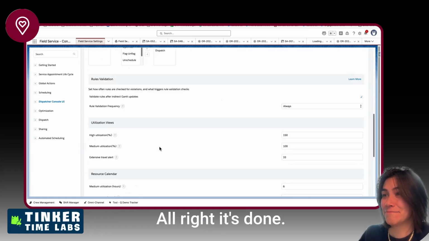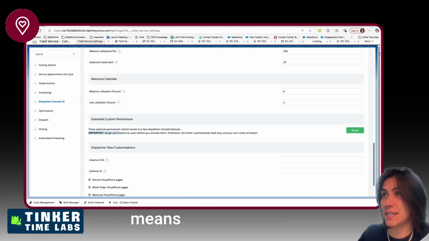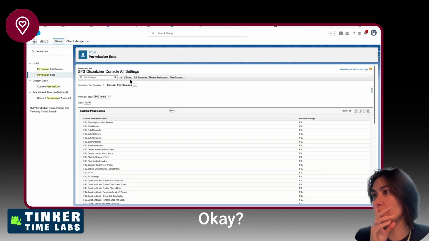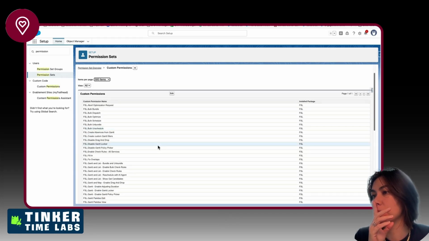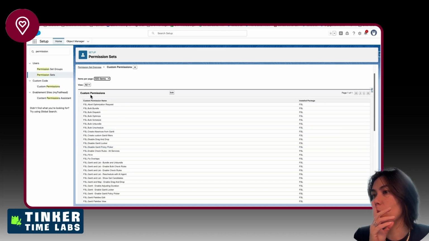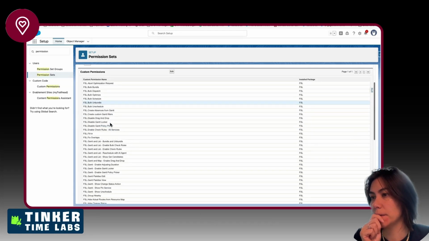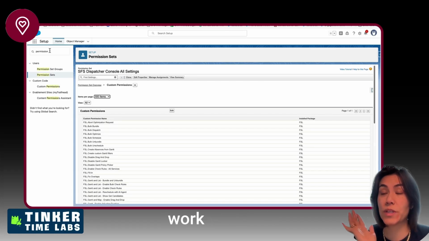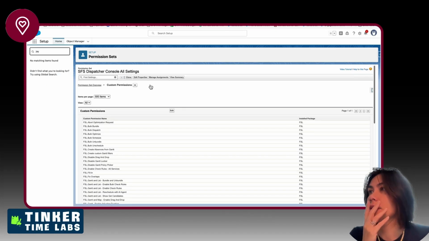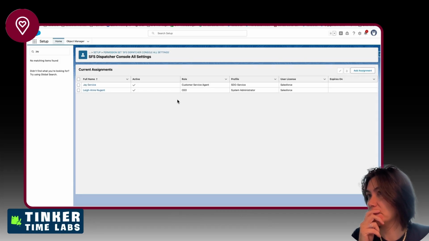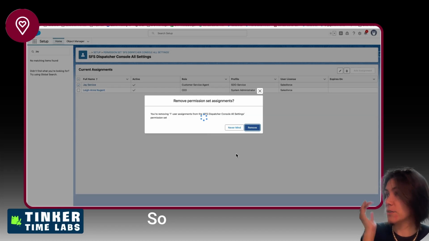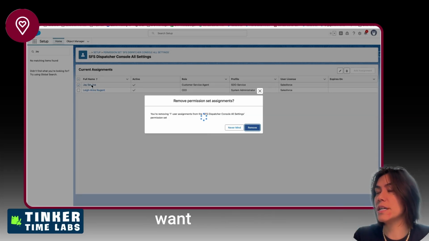All right, it's done. So now what this means is I'm going to take this permission set. This is all settings, okay? What I've done in the past, let's work with Jay, okay? I'm going to remove this from Jay. Okay. So Jay doesn't have anything, but I do want him to have